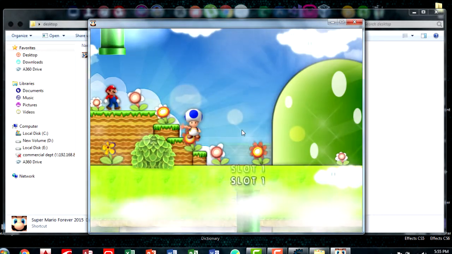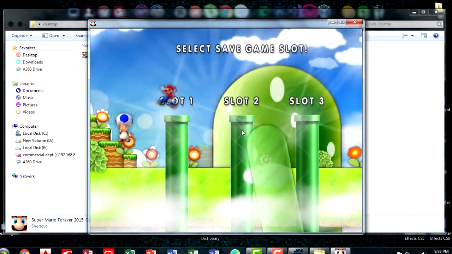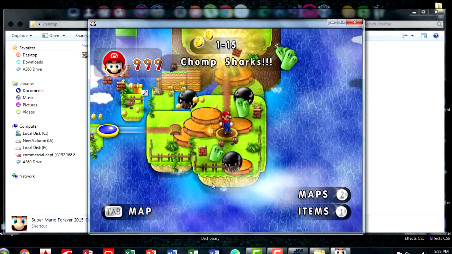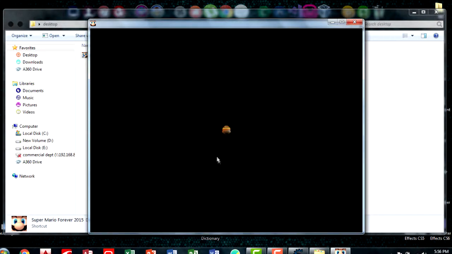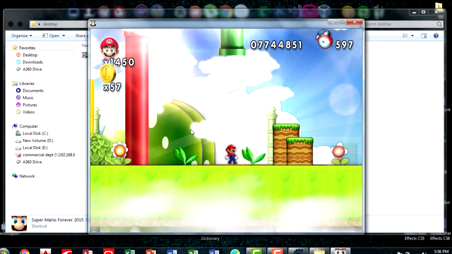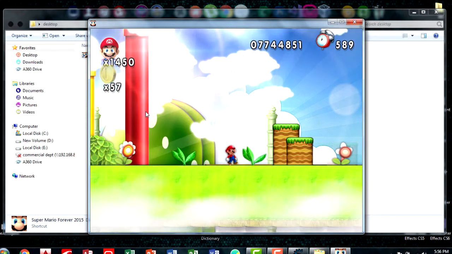First of all, go ahead and start the game. Here you can see there are 57 coins. Let's see how to change it.